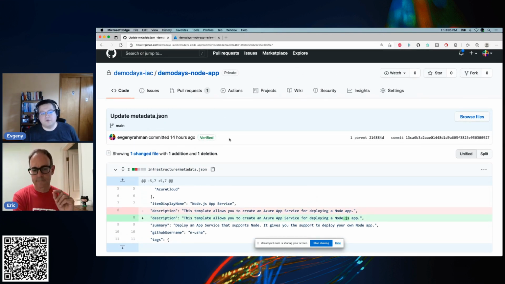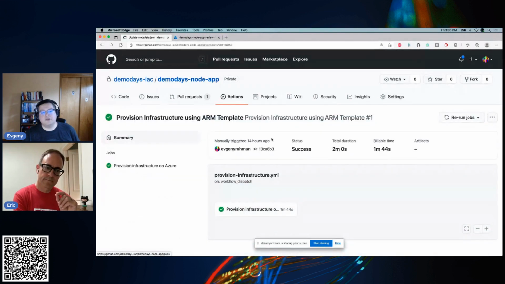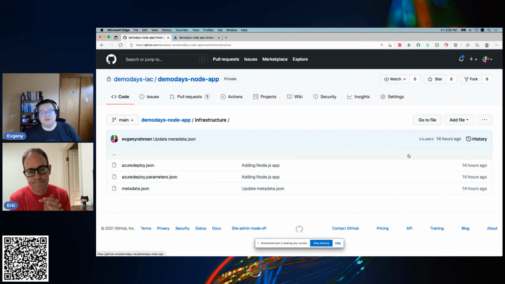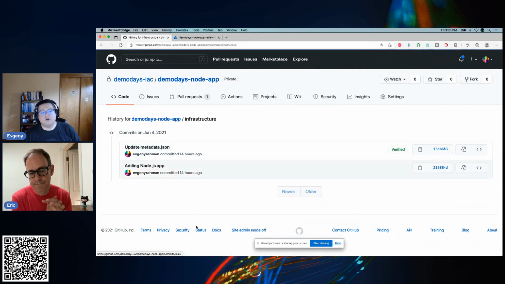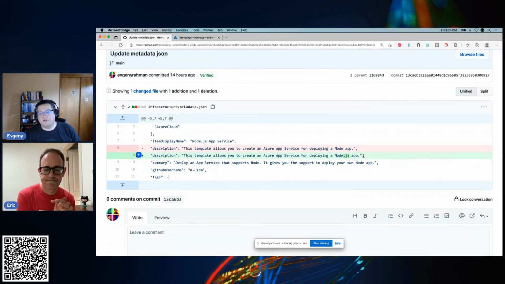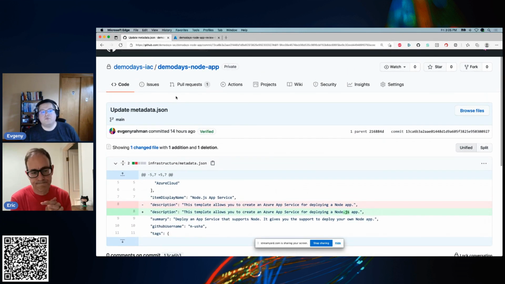In this case, even the commit was verified, meaning the signature on the commit is a valid signature to my certificates on my machines and all that kind of stuff. So this will give you the traceability, right? And there's so many approaches you can take to getting to the same point. You can also go into infrastructure. You can see the commit history of this whole directory inside main and in other branches, right? And this again shows you, and you can go back to that point, browse back to it, and look at that same view. So there's definitely a few different ways you can do this.